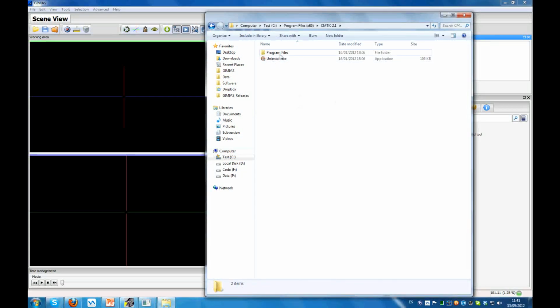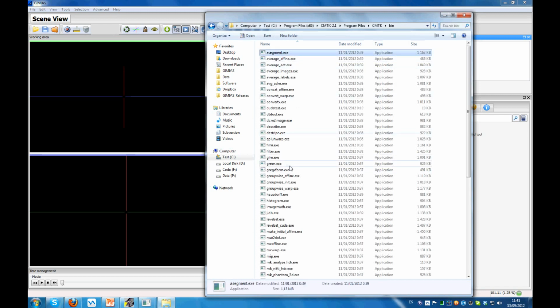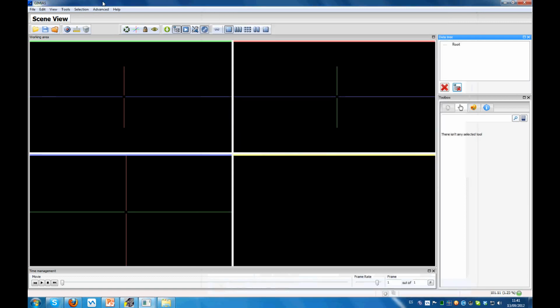Here you can see all the executables that are available in the package. So we will use, I think it was the filter application. So we go to GIMIAS, to Advanced Custom Application Manager,